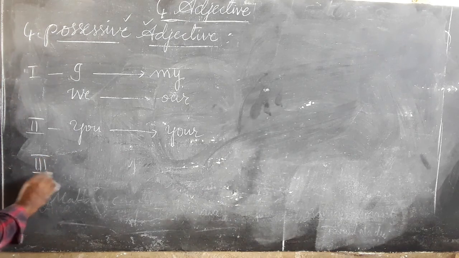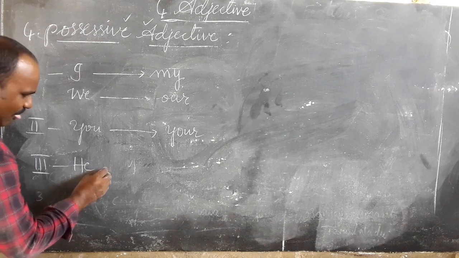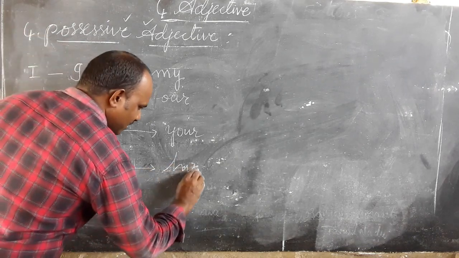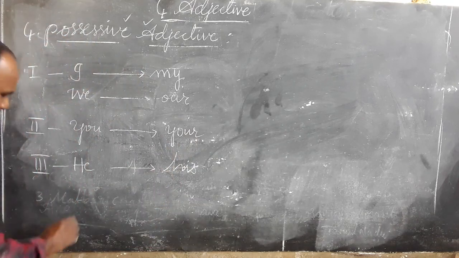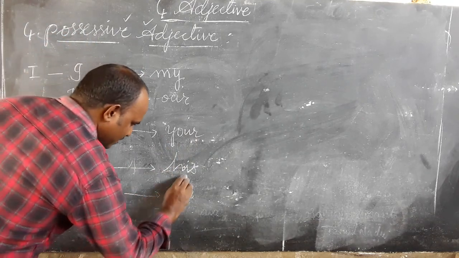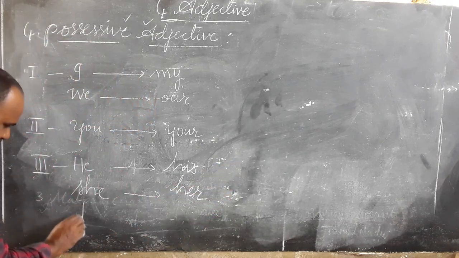Third person singular: he, his. Next one, she, her. Next one, it,